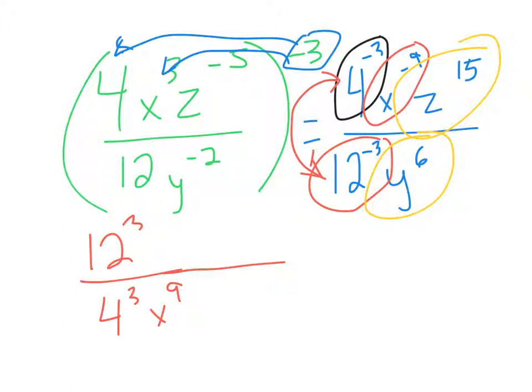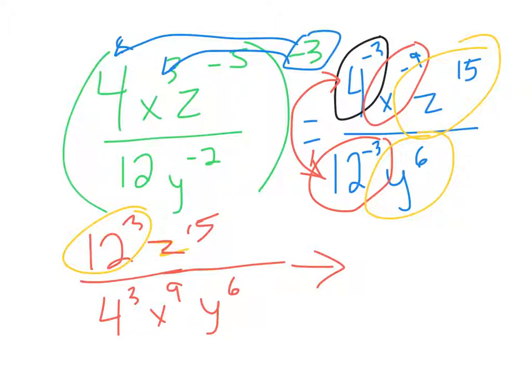So z to the 15 will stay on top here. Oh, let me write that out, same color. So z to the 15 will be on top, and then our y to the 6 will be on the bottom. And to simplify this even a little bit further, I'm going to go ahead and solve those numbers. Since 12, I already know that that's not a variable. I see 12 to the third up here, and if I actually multiply that out, 12 times 12 times 12, or for those of you who have exponents on your calculators, you can take 12 to the third, and that's going to give you